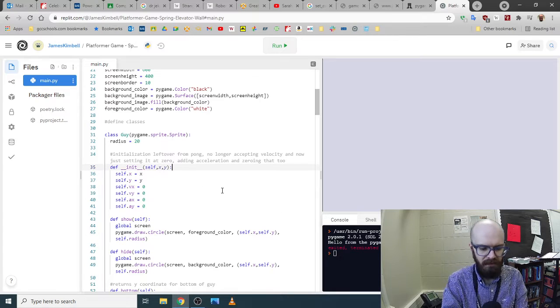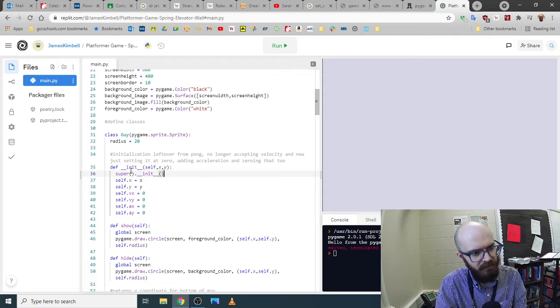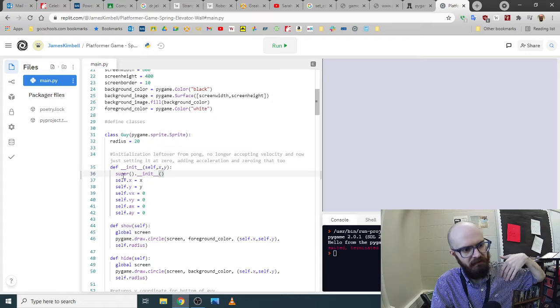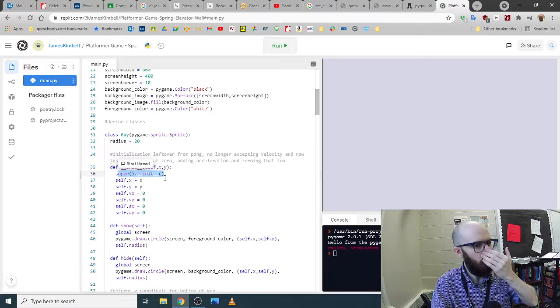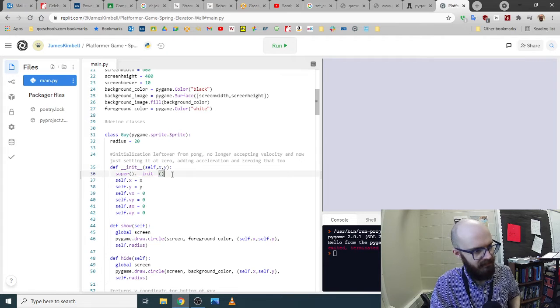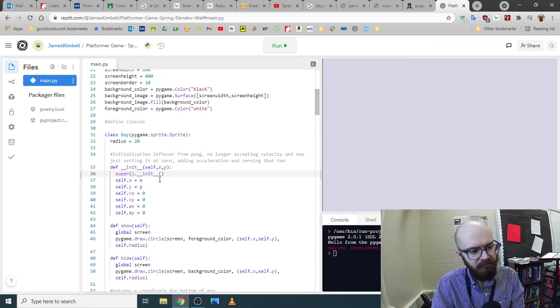Now we're going to have to run the initialization of the super, and super just means one level up, so the parent, so the sprite class. So when I say super.init, it runs the initialization for the sprite class, which we don't even have to know what's in there. We just say, hey, do your thing, and it'll do its thing. You can look up the source code, and it's actually not that complicated. It's not that big or anything, but just know that we've got to run this in order to get the